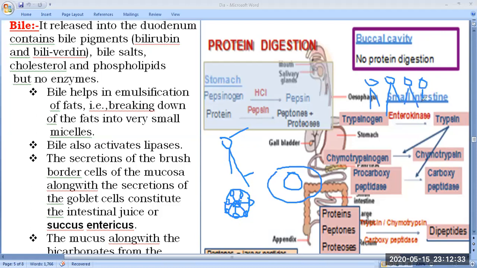Similarly, suppose this is the ECF, the extracellular fluid, and the same thing you can see in this figure. Here is the head molecule, so both the intracellular and extracellular sides are provided with the hydrophilic head, and they have the hydrophobic tail. Clear? If this moves like this, then it forms